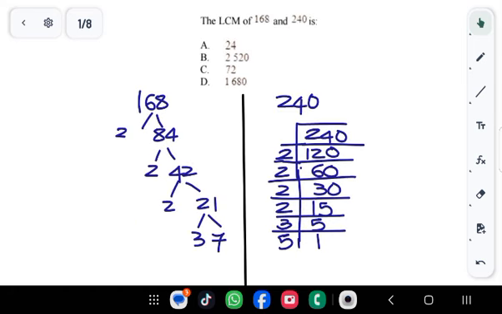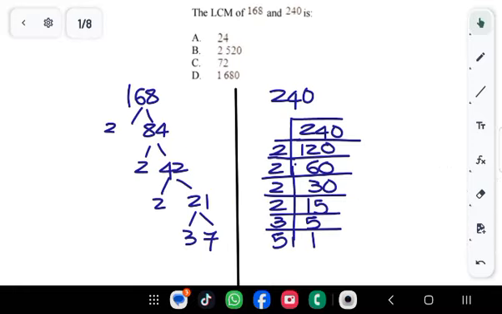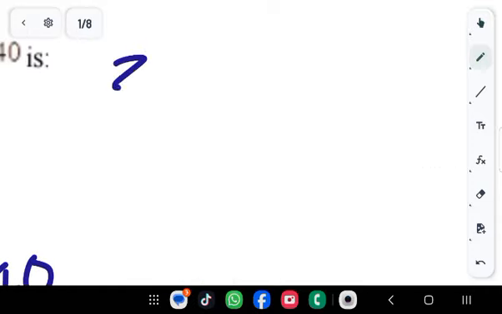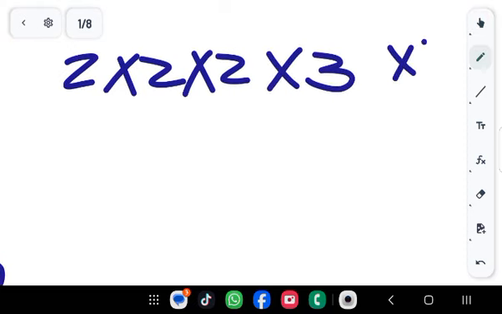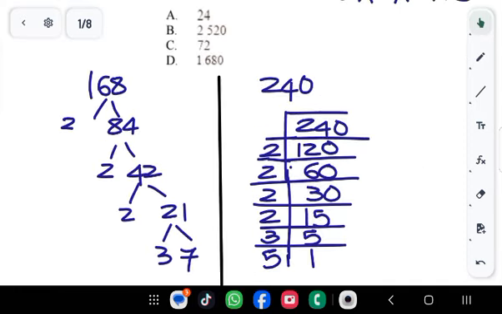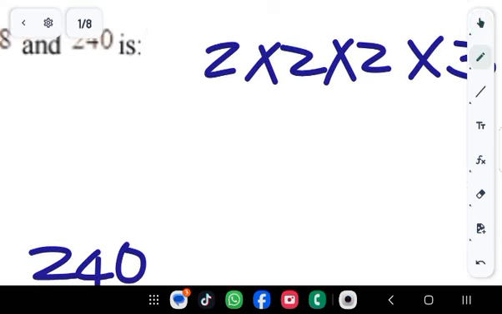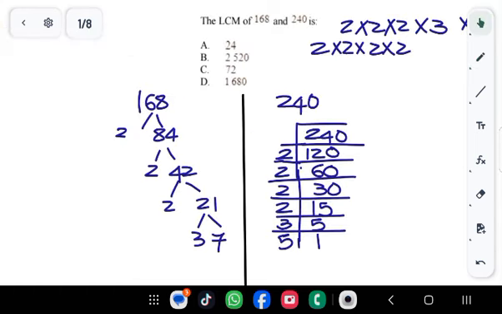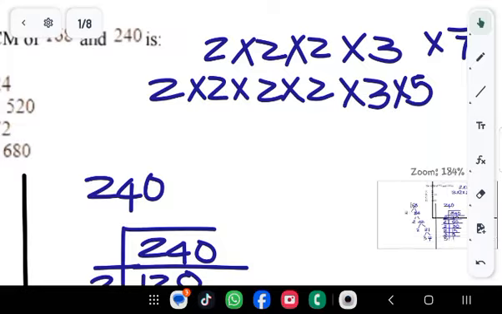So here is how we list the factors. So what we do is we list these factors. We go 2 times 2 times 2 times 3 times 7. Alright. And then now we list for 240. It's 4 2s, 1 3 and a 5. 4 2s, so that will be 2 times 2 times 2 times 2. A 3 and a 5. So now what we do is we